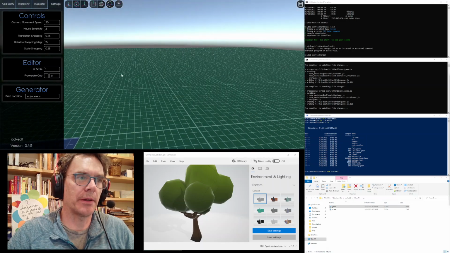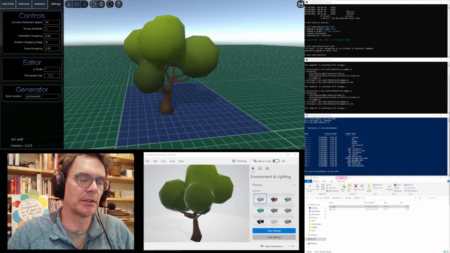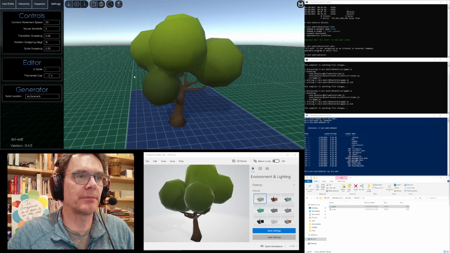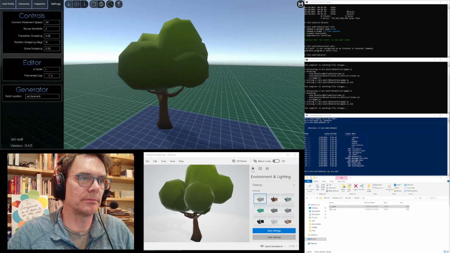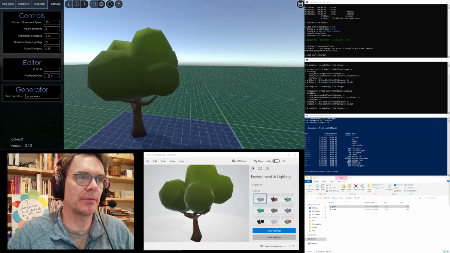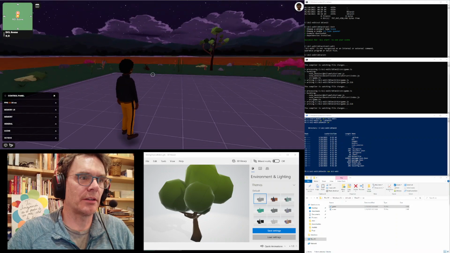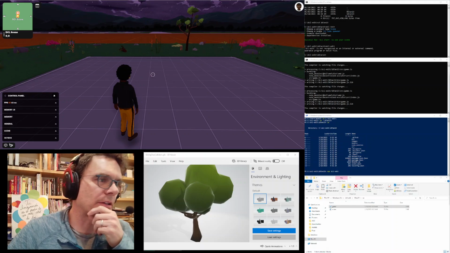But if I want to go back to the front, I've got to orbit and then move and then dolly out, dolly in, orbit, dolly out, move again. Yeah, so that's a little messed up, because if I'm going to do it here inside Decentraland,